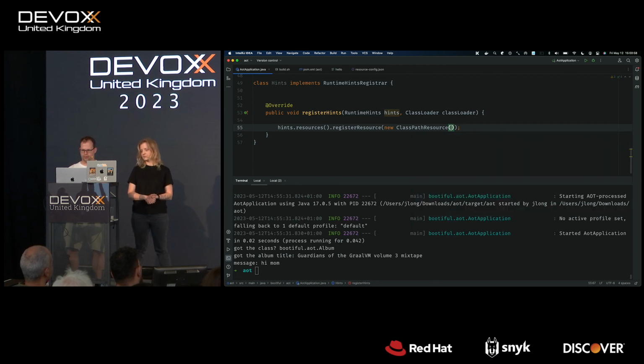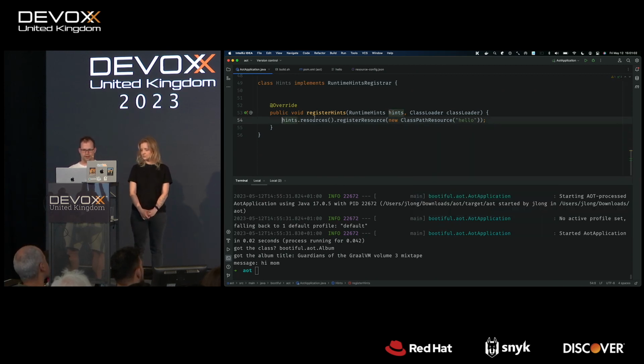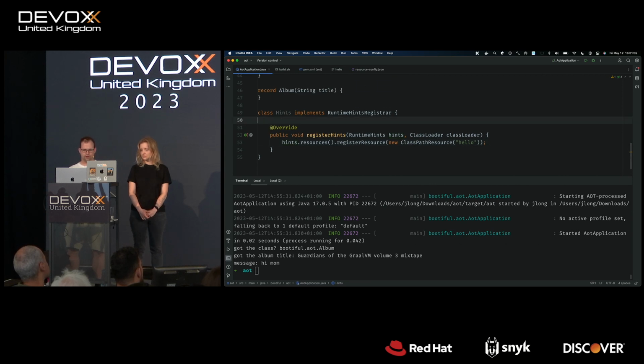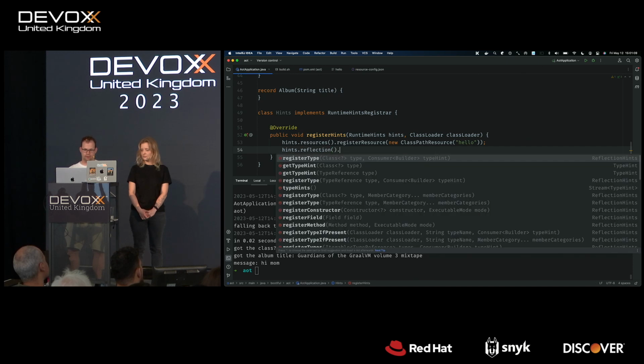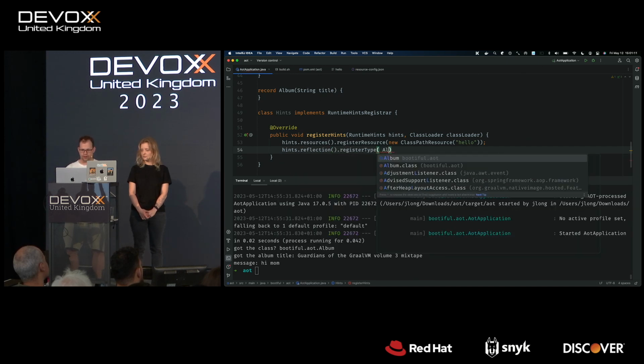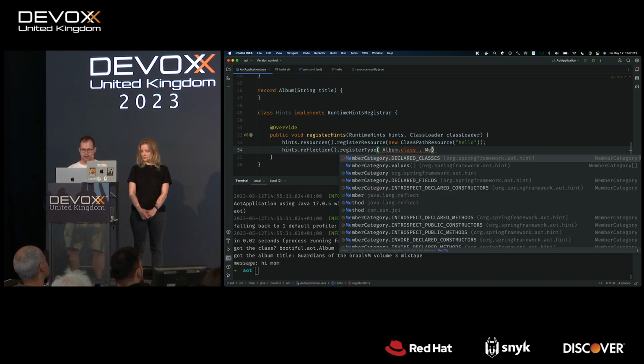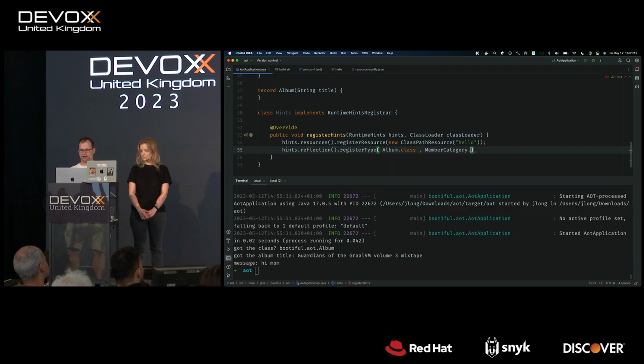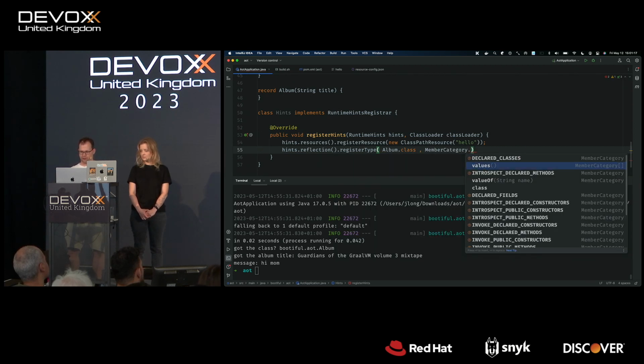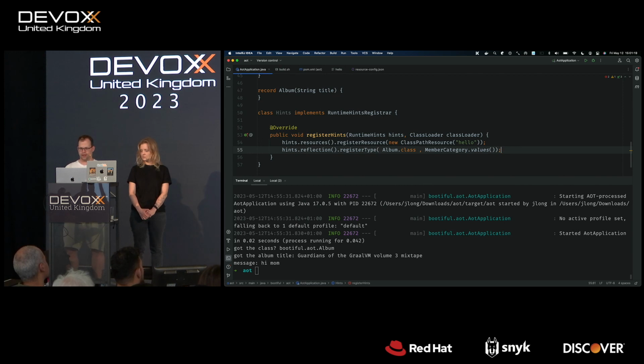Right. So we've got that resource config, and we've got that annotation for reflection config. But also you could do reflection here. I can do the annotation, or I could do it here, right? Register type. And here you have a lot more flexibility, in fact. So I could say, what kind of visibility do I want? Do I want this or that or whatever, or just give them all, right? I also think it's very nice that you have one centralized place where you're doing all this config, right? So resources, reflection, it doesn't matter, right?